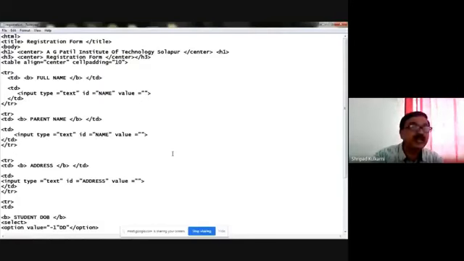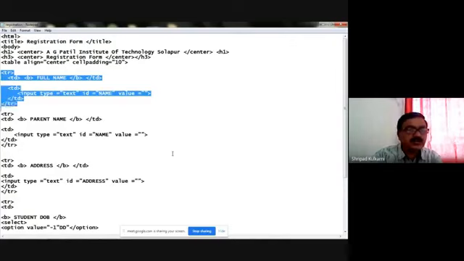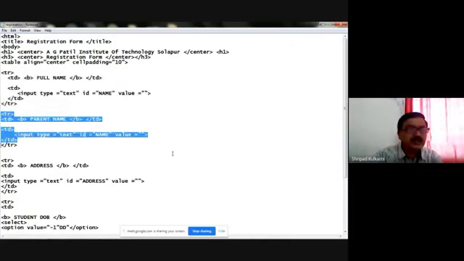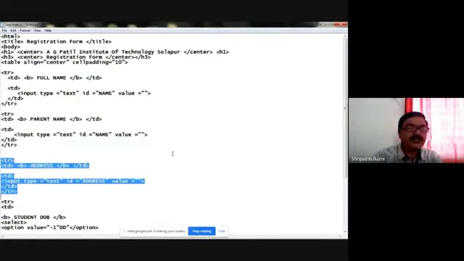We have not used any font size, but directly we are going to display that word in bold manner. Is it clear? This is the first TR, this is the second TR, then this is the third TR. So using these three different TRs, we handle name and address.